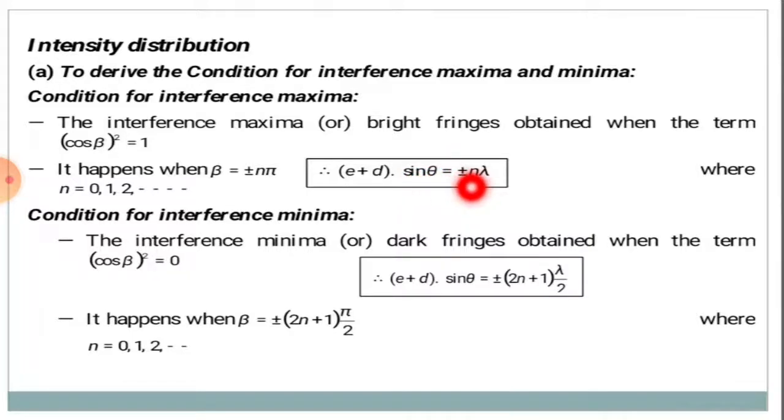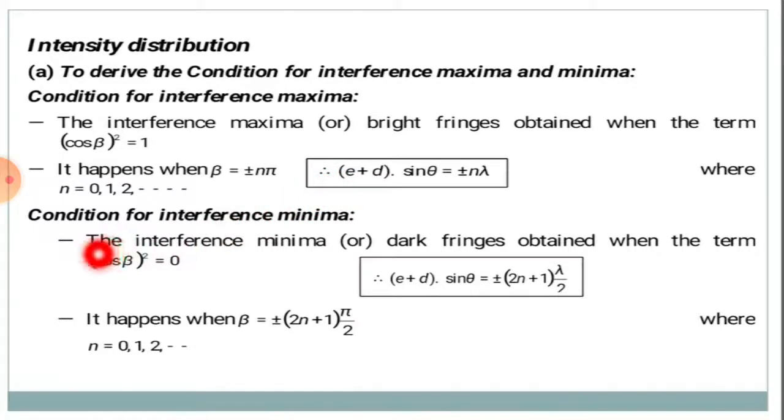And here n is equal to 2. That is, the path difference between the waves diffracted from two slits is 2 lambda. Then the two waves interfere constructively. As a result, we will get maximum intensity and so on. So, in the interference pattern, we will get maxima when the path difference is an integer multiple of the wavelength.